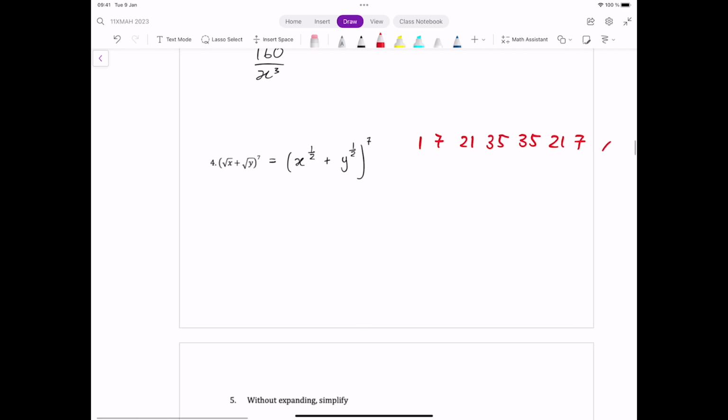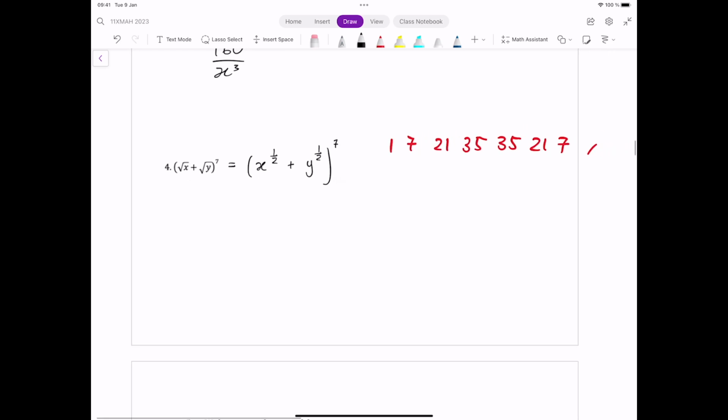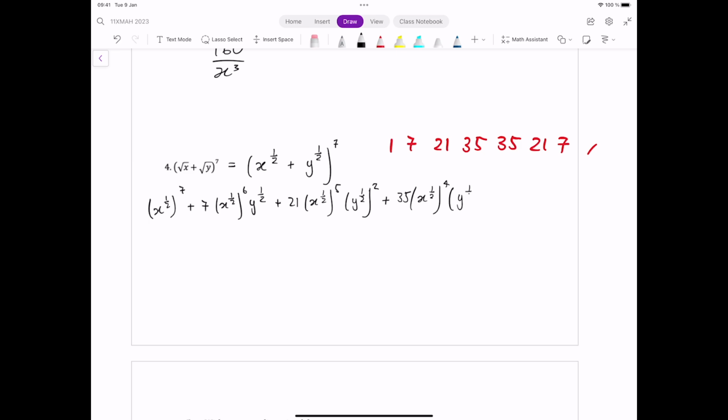Okay, so we're going to say this is equal to x to the power of a half to the power of 7, plus 7 x to the power of a half to the power of 6 times y to the power of a half, plus 21 x to the power of a half to the power of 5 y to the power of a half squared, plus 35 x to the power of a half to the power of 4 y to the power of a half